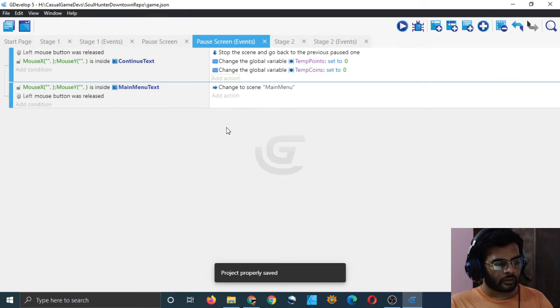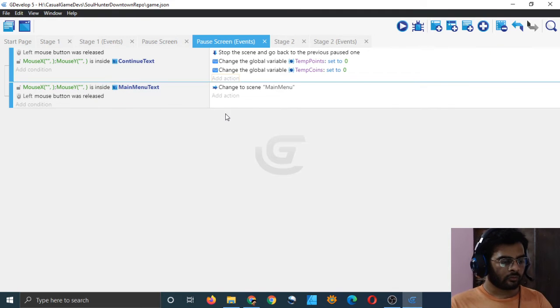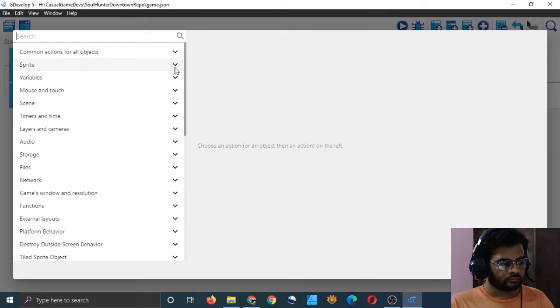So we flush them out. And if the player wants to go to main menu, yes, then we will add these points to the global variable points and coins, because we don't want the player to lose their progress when they go to main menu. Although that's not what happens in this game, but we will make it happen.